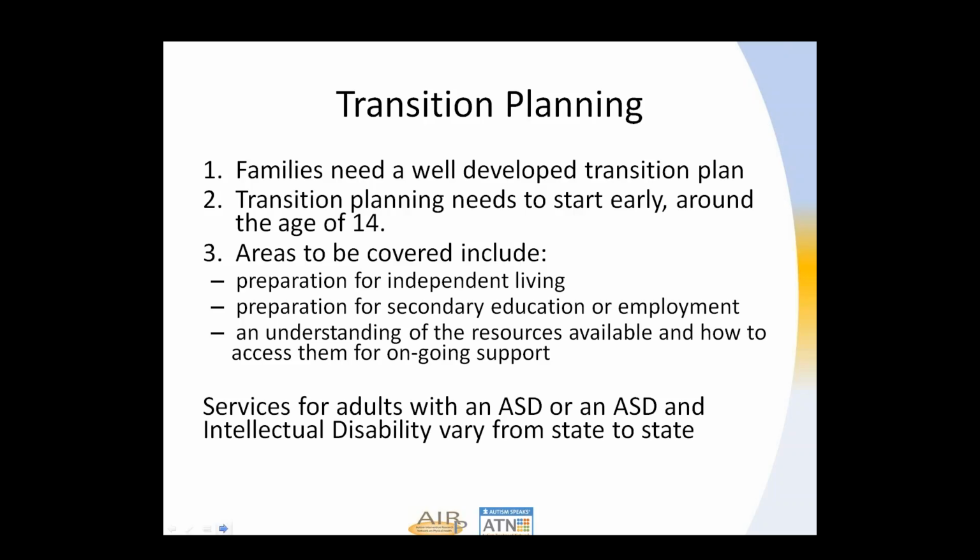We need to help advise families about preparing their child for independent living, making plans for secondary education or employment, and becoming more aware of the resources that are going to be available for them and how to access them. That is a big concern because those services vary from state to state. So every family needs to be aware of them, but generic information isn't as helpful as specific information state by state as to what is going to be available and how they're going to qualify for them. Next slide, please.